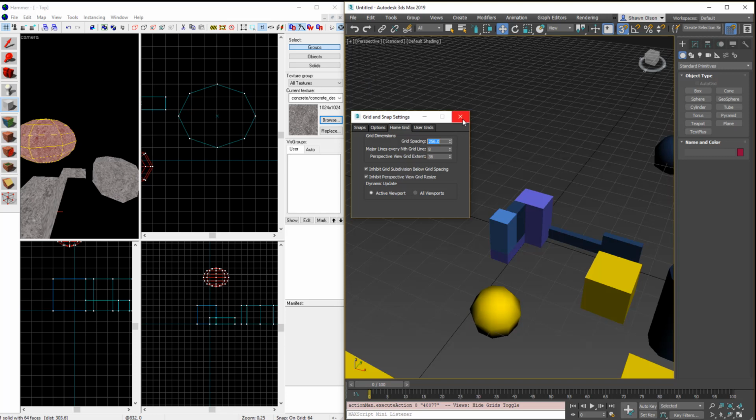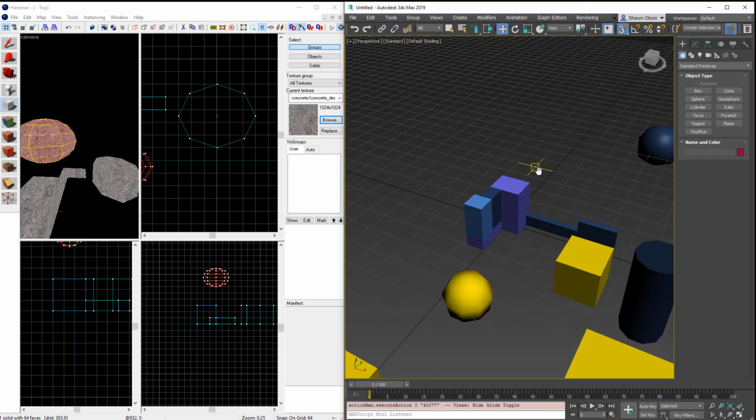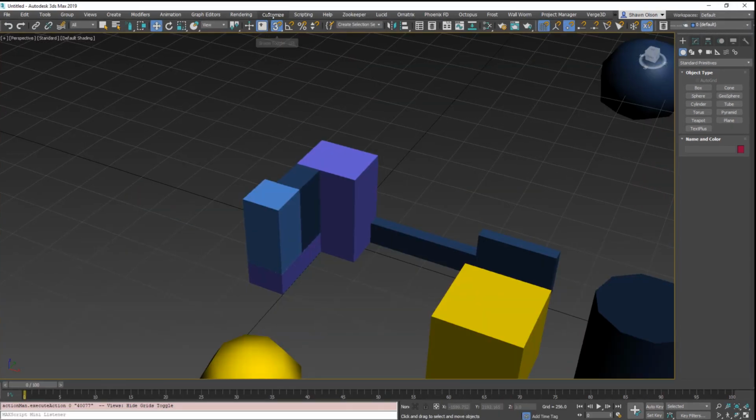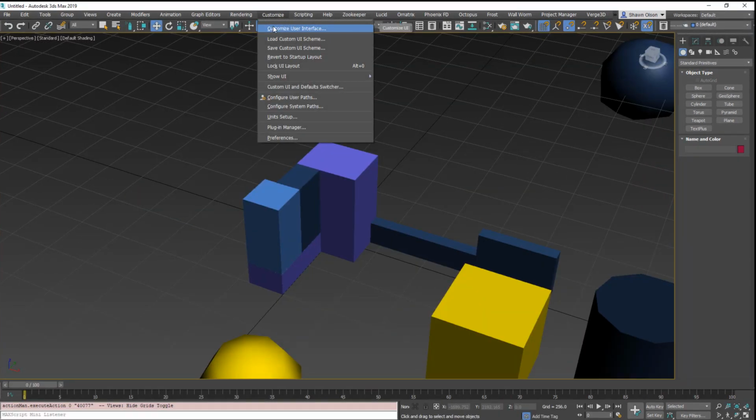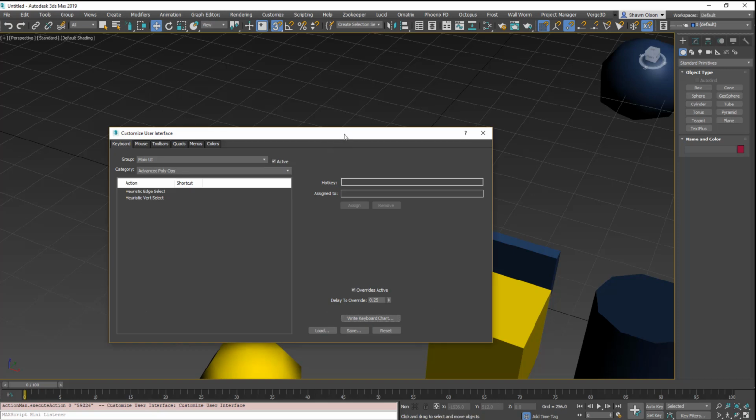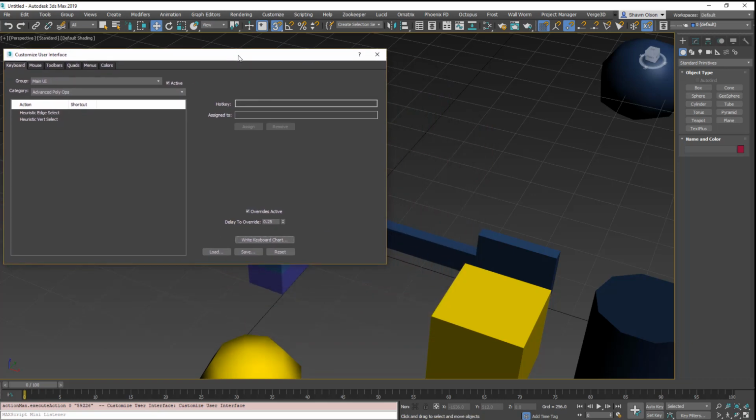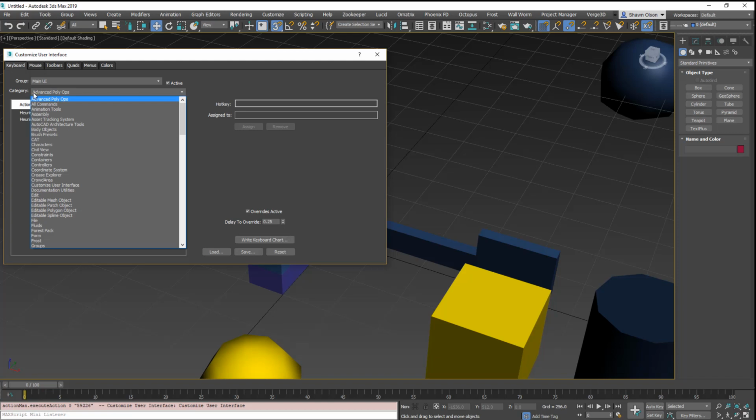it's better to set up some keyboard shortcuts, because by default there is no shortcut for doubling and halving the grid size. So if you have Wallworm installed, I'm going to maximize Max again, and you go to Customize User Interface and go to Keyboard. This is the place where you can customize all of your keyboard shortcuts and your menus and toolbars and make up your own customization to have Max do all the things that you specifically want. What you want to do for this specific thing is to change the category to wallworm.com, and